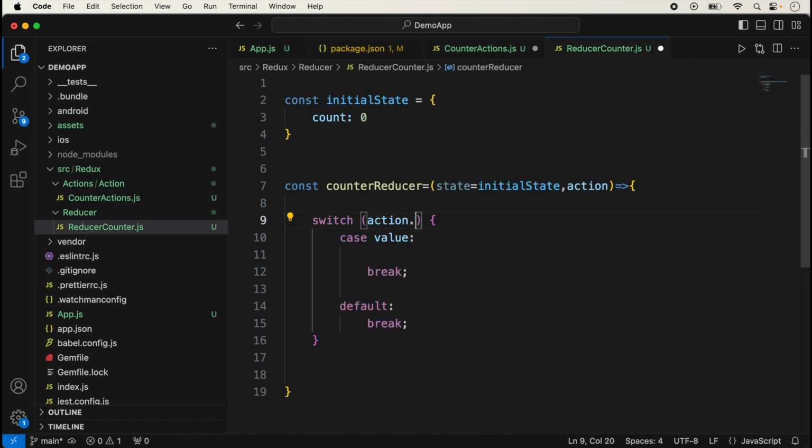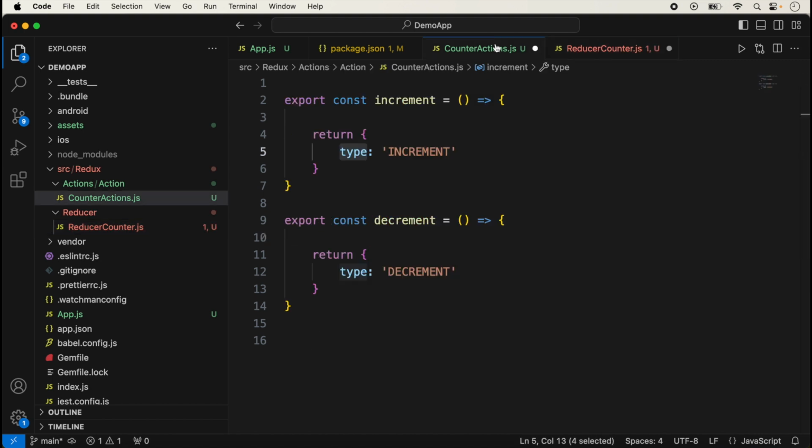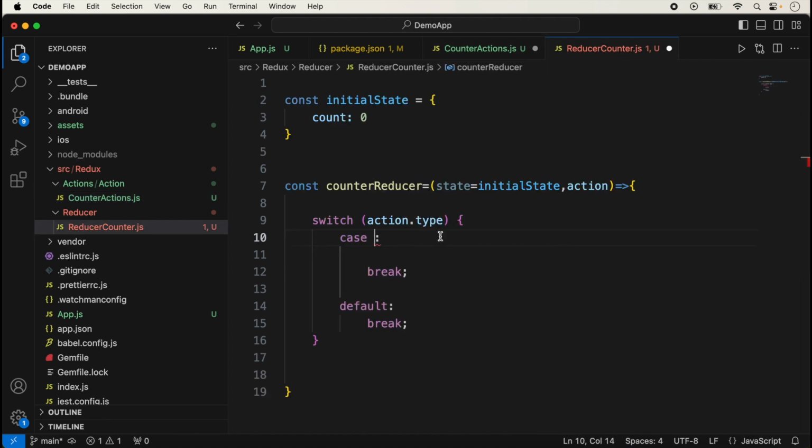We just type here action dot type, and here we just check every case of the type. Suppose the first case is, we are using here two types. One is the increment and one is the decrement. So we can just copy from here increment, and here we can just use, if the case is the increment,